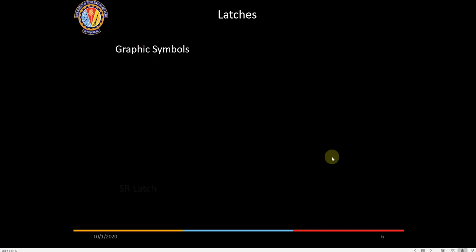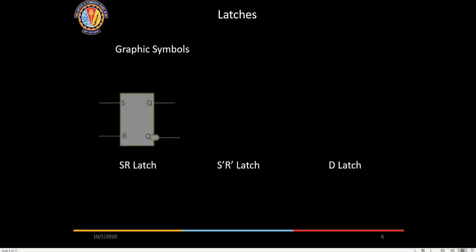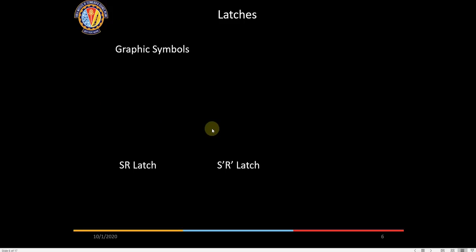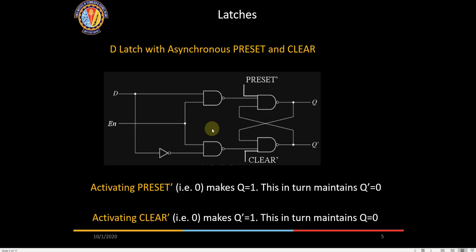Now these are the symbols. This is the SR latch symbol. One small doubt, sir. In the previous diagram, are the preset and clear inputs, or are they just labeling? No, they are inputs. There will be 4 inputs and 2 outputs available in the pin.